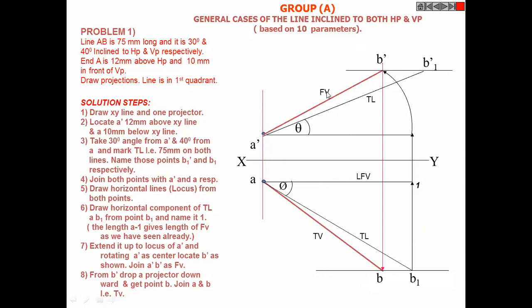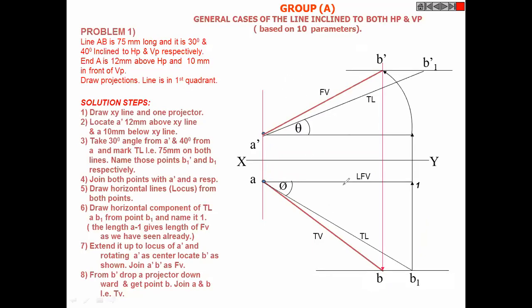So we got this front view first, top view second. Sorry, I will write it now. So we got first front view, second top view. We got from that box alpha. We got here beta. Fine. 1, 2, 3, 4. We are already having these things. We are already having true length. This. Now from that table, you have also got the distance between end projectors.